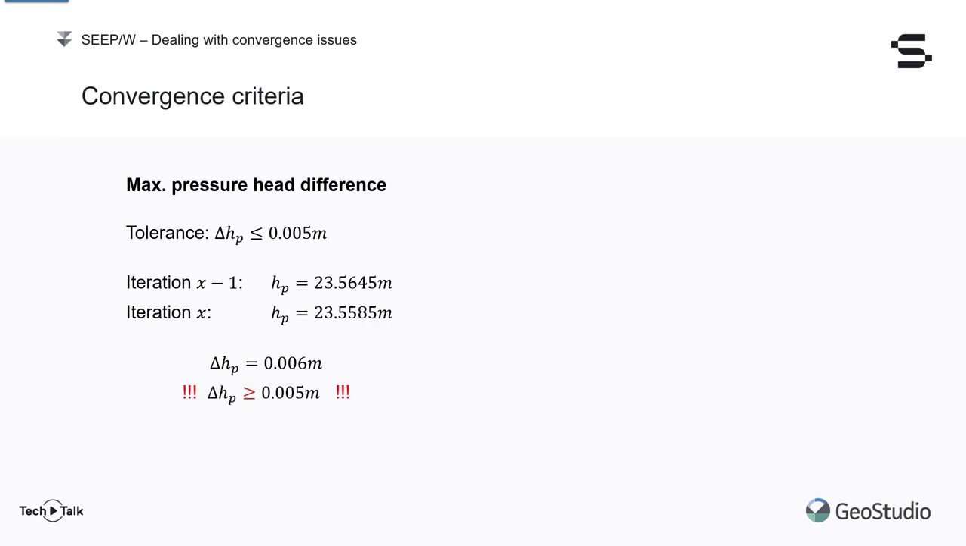On the first to last iteration, the pressure head value is 23.5645 meter at a given node. This pressure head value changes to 23.5585 meter on the final iteration. The pressure head difference between these two iterations is 0.06 meter. This is larger than the allowable tolerance, which is 0.005 meter. To highlight the failure to comply with the allowable tolerance on that node, SeepW will display a gray O in